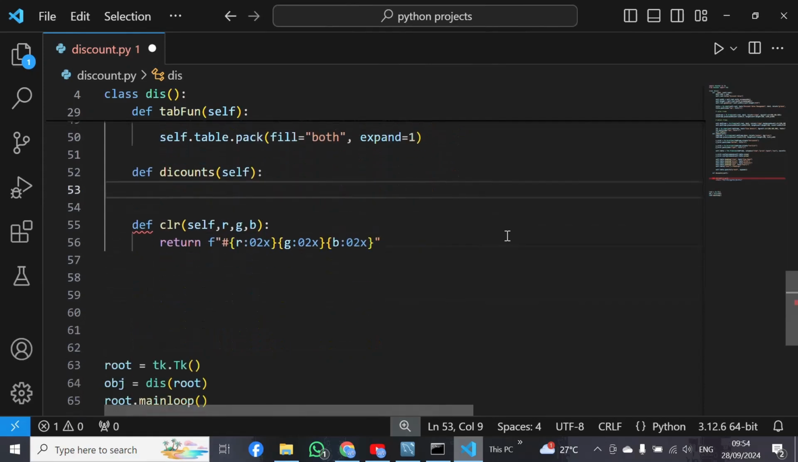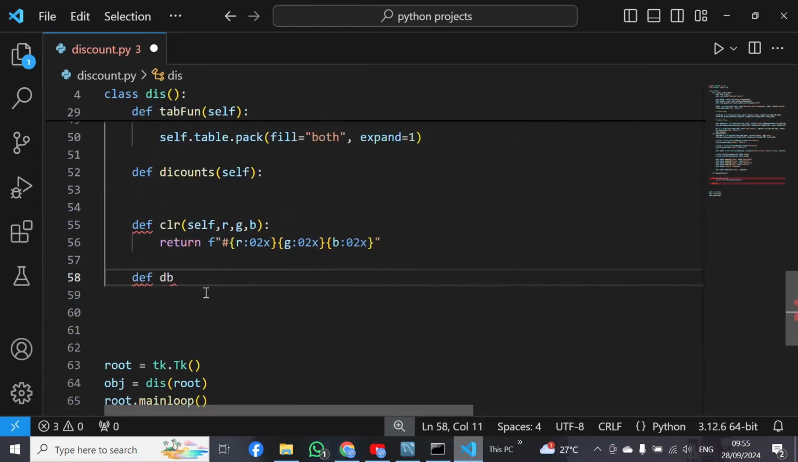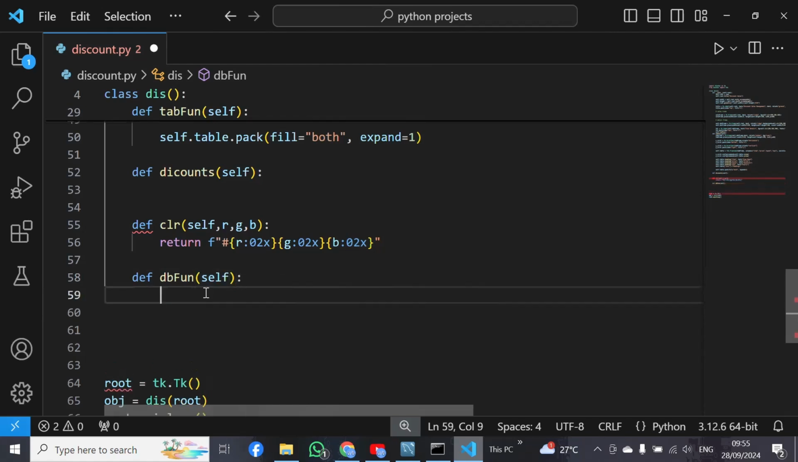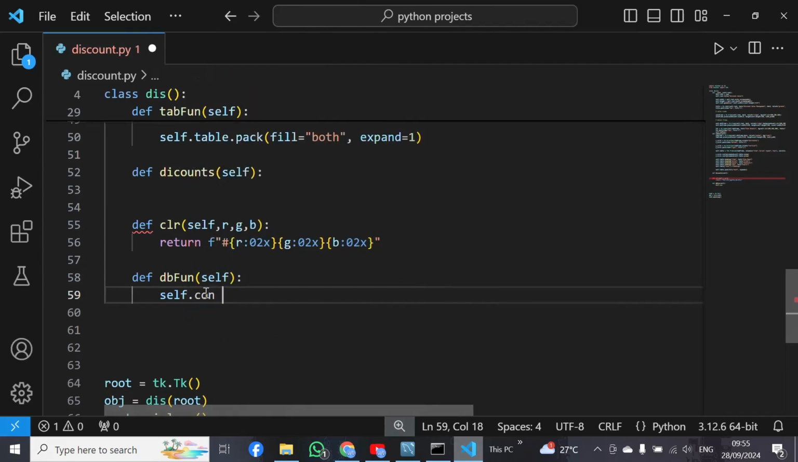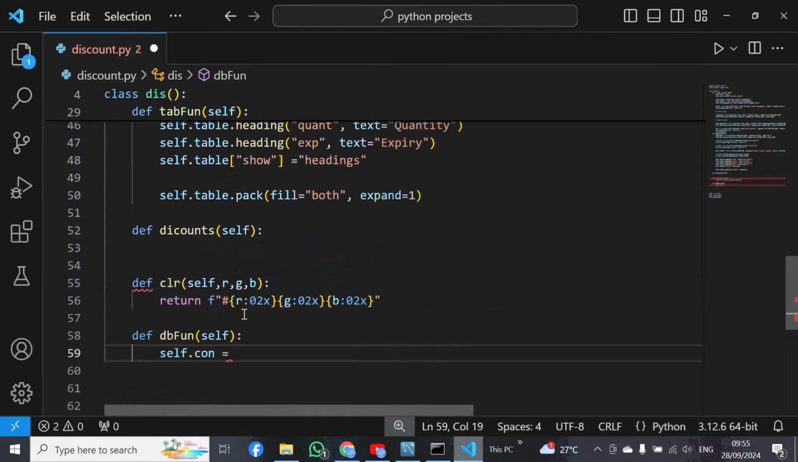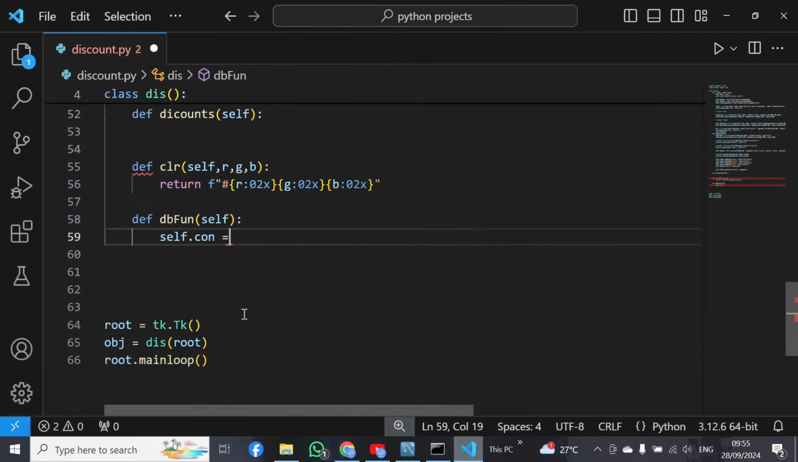Here I have to define a function to connect with the database. I will define another function by using the def keyword. For the database, db, and here I have to use self. So this should be the db function, and here I have to use a colon. Now I have to connect with the database. So self dot con, this is the object for our connection. This is global, that's why I am using self here. Now I have to connect with the database by using py